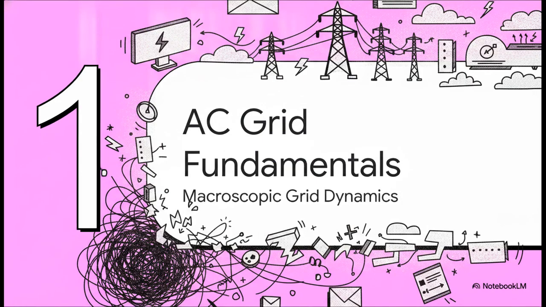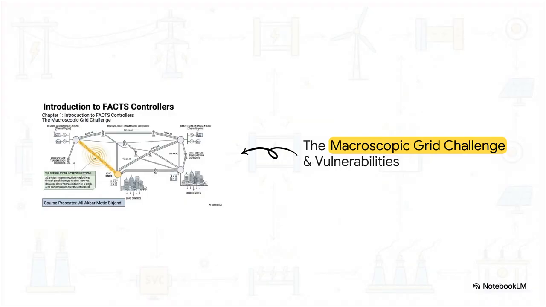Moving into Part 1, AC Grid Fundamentals. This is where we build our foundational understanding of macroscopic grid vulnerabilities. Starting with Slide 1. Take a look at this network diagram detailing the macroscopic grid challenge. On the far left and right, we've got these remote generating stations feeding into massive high-voltage transmission corridors. Those lines weave into a highly complex, interconnected mesh network right before they reach the dense urban load centers in